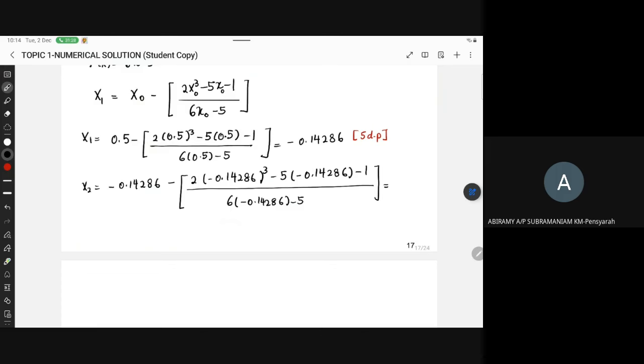If you calculate this, you will get negative